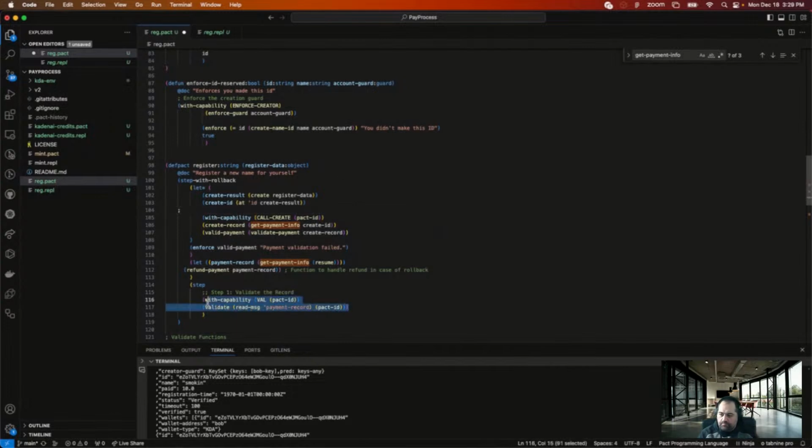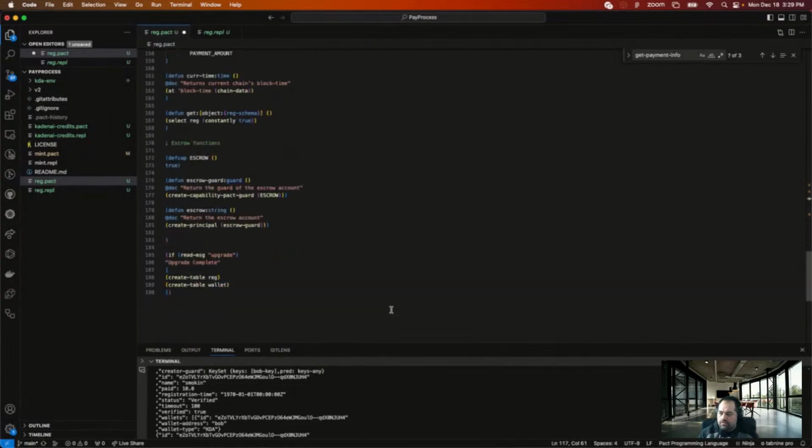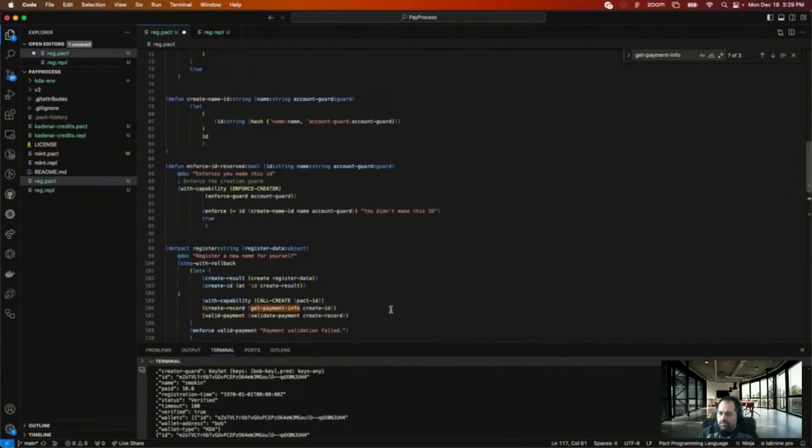I don't know. I feel like I'm gonna redo my whole contract to make this easier on myself. Did I break out a helper function somewhere in here?